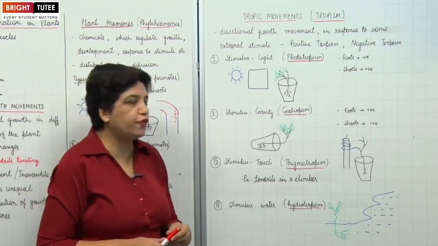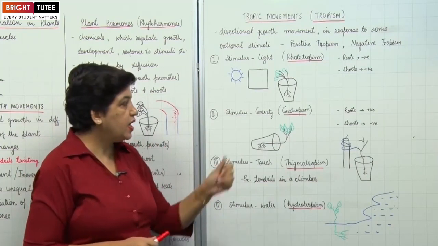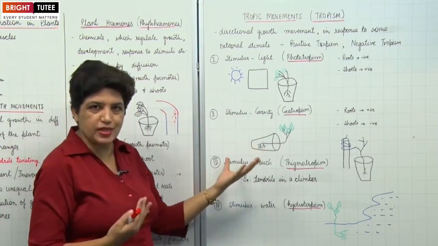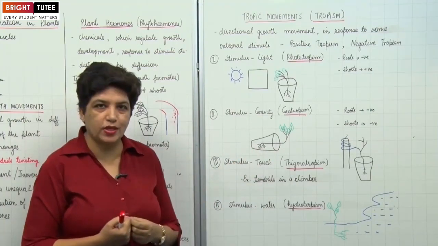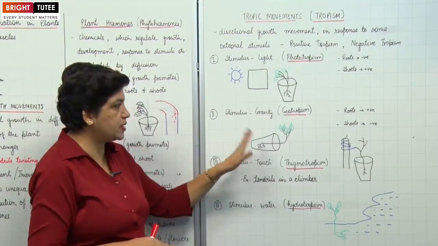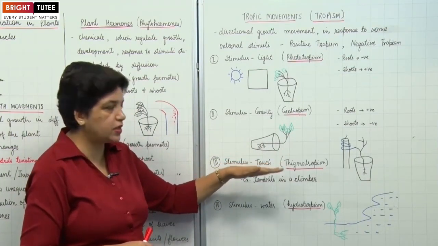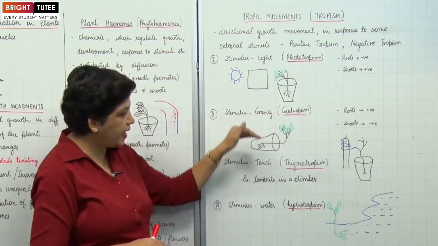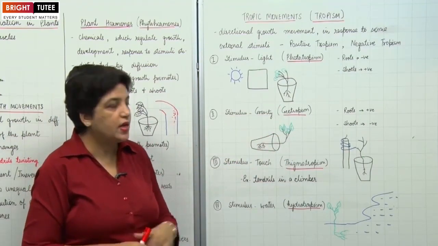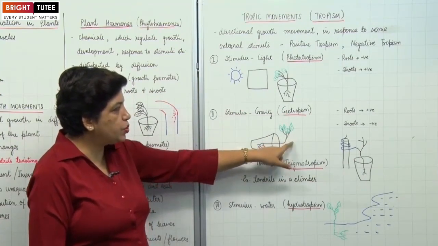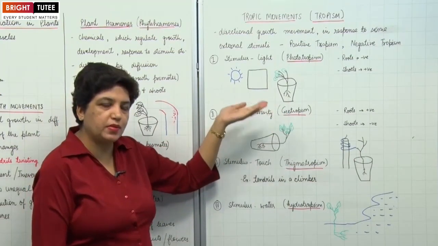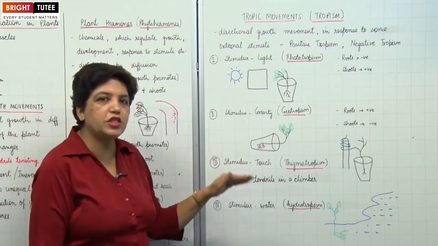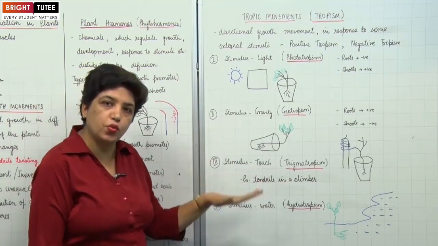The second kind of tropism is geotropism, in which the stimulus is gravity. Okay, so do this activity at home. Take a small potted plant and keep it horizontal. Instead of vertical, keep it horizontal. After some days, you'll notice the shoots growing upward and the roots growing downward. So in this case, what is happening? The shoots are showing negative tropism. They are growing against gravity, while the roots are showing positive geotropism, that is, they are growing towards the earth,